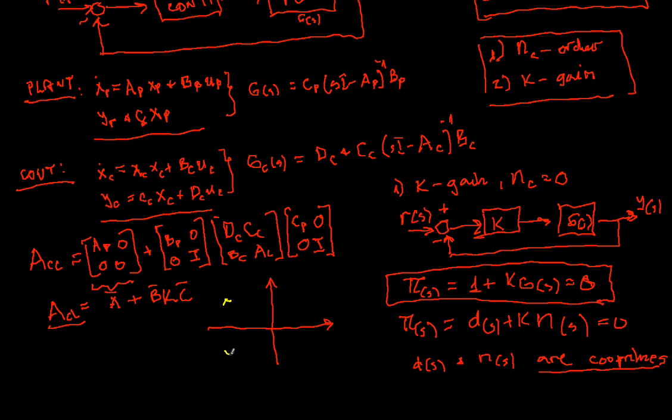Let's say one pair of conjugate complex and one is real. So this is lambda 1, this is lambda 2, and this is lambda 2 conjugate complex. In other words, as the gain K is changed,